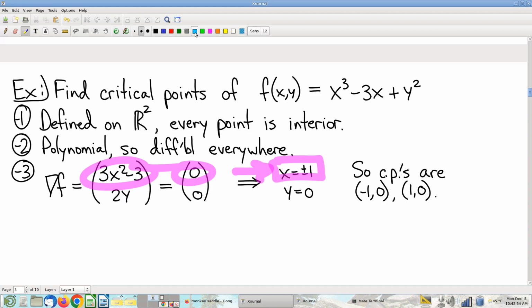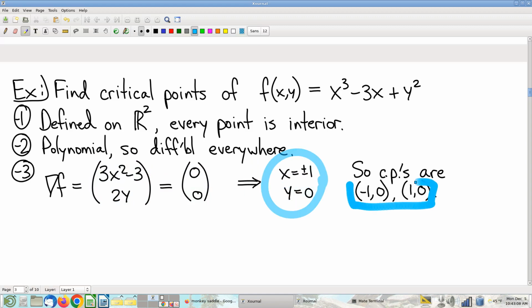And this, having to be 0, would require that y is equal to 0. Okay. And these statements here give us 2 critical points. There. Everybody happy? Yes? Could you explain the first point again about defined on R2 and every point on the